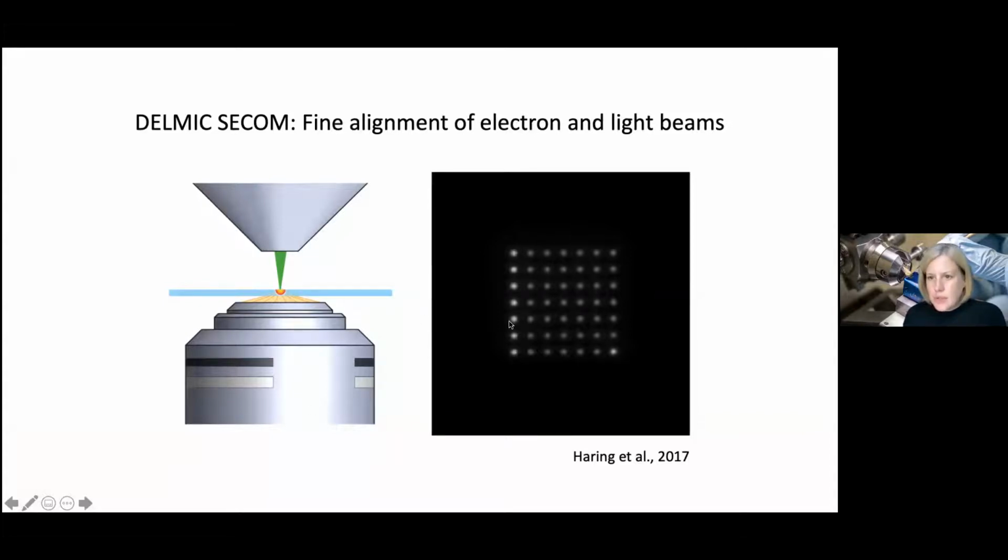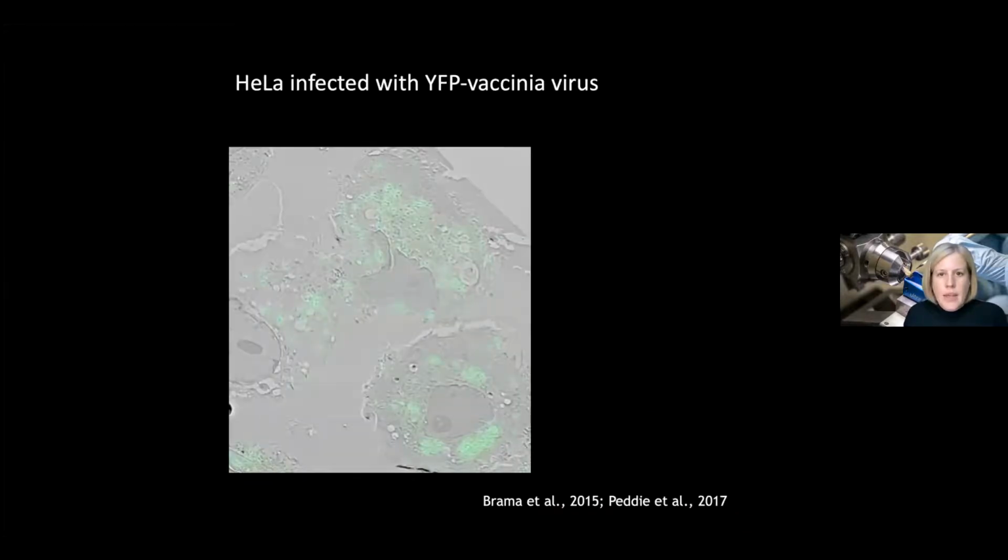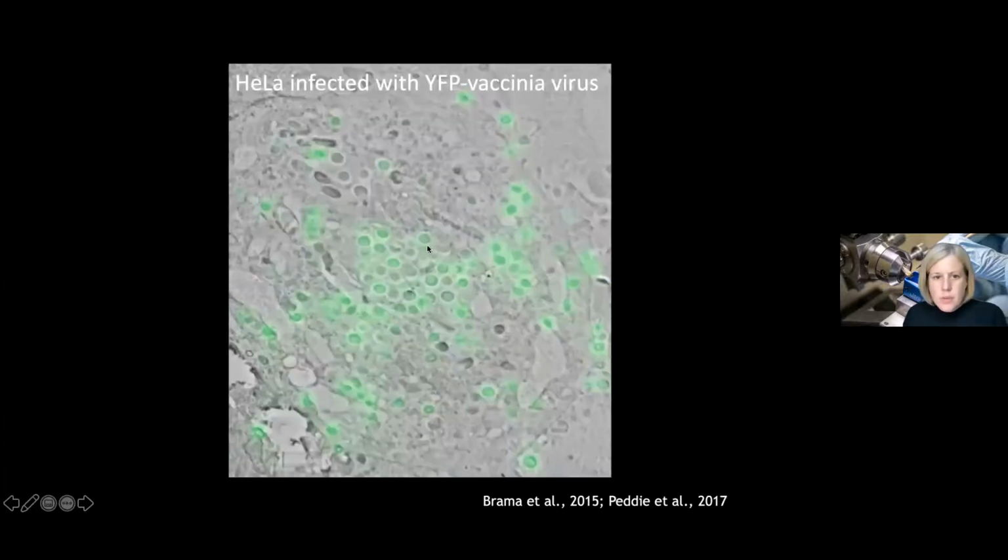So theoretically, you can align the two within 50 nanometers of each other. And looking at HeLa cells infected with vaccinia virus, which has a fluorescent YFP core. So each of these is a thin section through a cell, and each of these dots is a virus. When you zoom in, you can see that you get a very tight overlay of the fluorescent signal to each